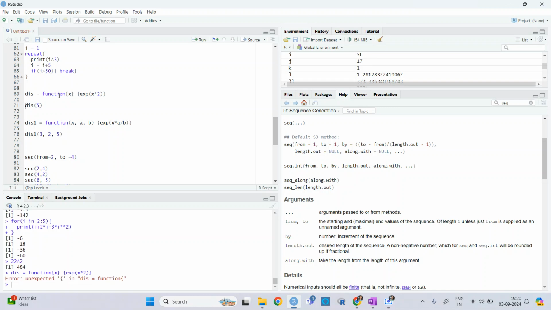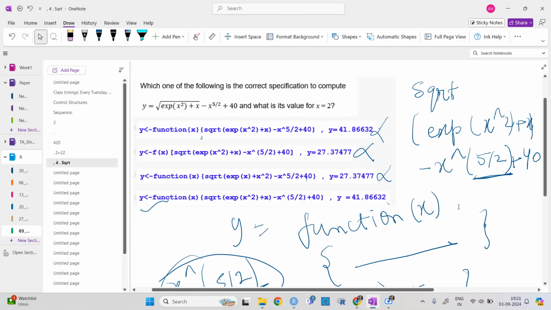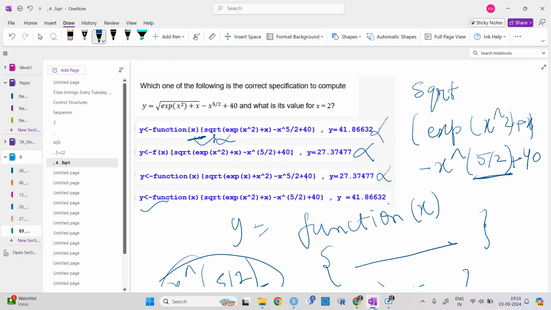No, it will not work. Sorry, we cannot use curly brackets. Okay, that's why I asked, because if we look at the options, that option. Yes, there are a lot of ways to discard one option, but this is also one of the ways, that we cannot use the curly brackets, right? Okay, thank you. I didn't know that. I have never used it like this.